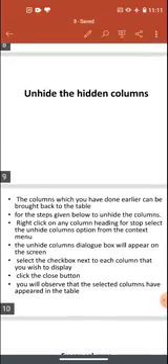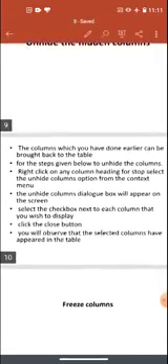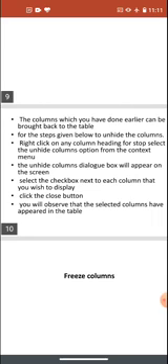So how will you unhide the columns you hid earlier? Among the columns you are seeing, select any one of them, then do the right click.